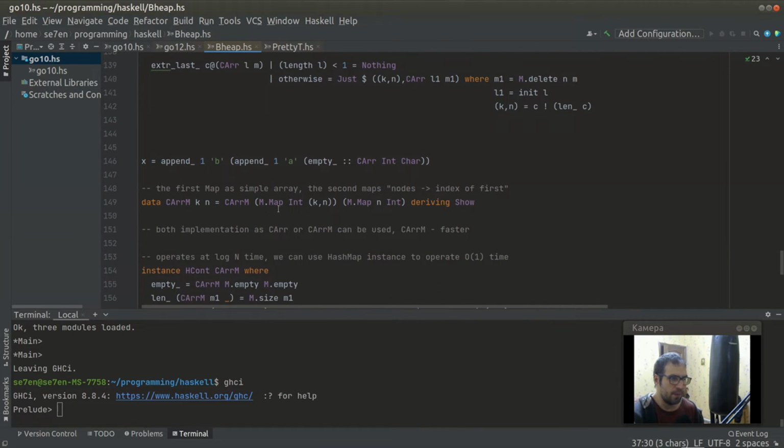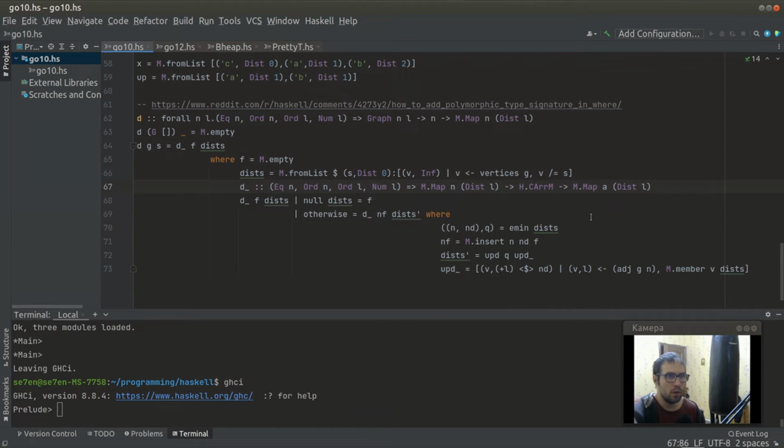The first map is a map which maps the integers to our pairs of k and node, and the second map is the mapping from our nodes to the indexes of this first array, so for faster lookup by a node. Okay, and we use it here,